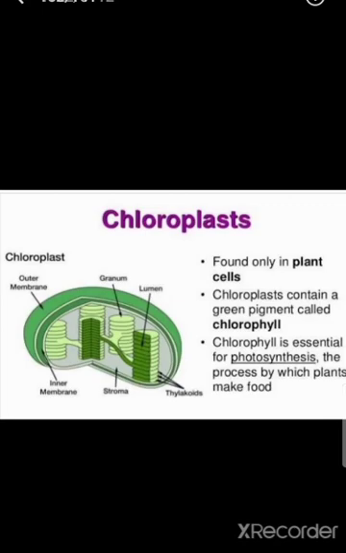In a plant cell, chloroplast is also present. Chloroplast contains the green pigment that is called chlorophyll. Chlorophyll is used by plants in photosynthesis. So what is photosynthesis? Photosynthesis is the process by which plants make their own food. Chloroplast is an organelle found in the leaves of green plants. They are found in plant cells. The function of the chloroplast is to produce glucose, that is the food, during photosynthesis and to store the food